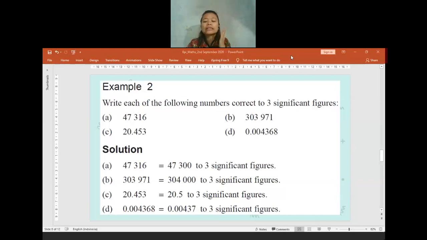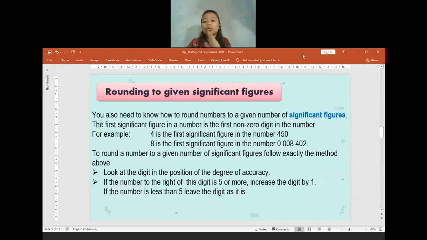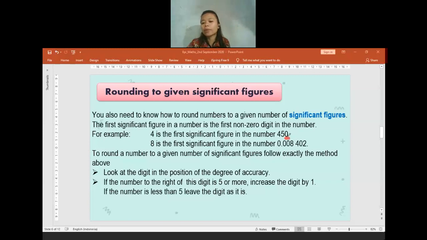Remember, if it is a decimal place, there are 2 rules in here. Oh, wait. Maybe I need to go back to the very first slides of significant digit. So in here, there are 2 rules. If it is a whole number, usually the 0 at the back will not be counted as significant digit. But it's not always. Sometimes if it is a whole number, the 0 behind it will be counted as significant. Sometimes it will not be counted as significant digit.